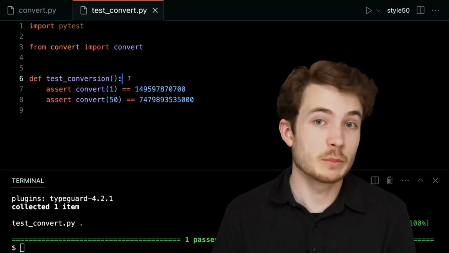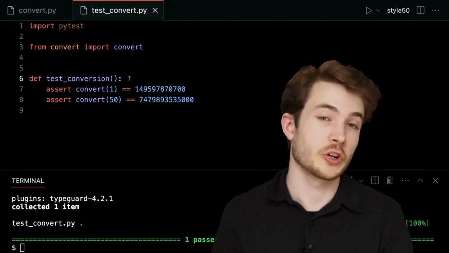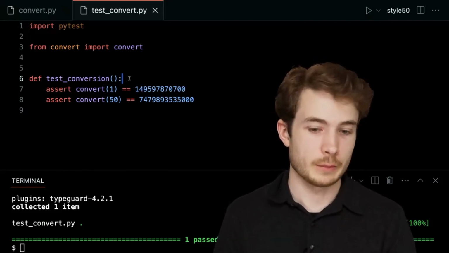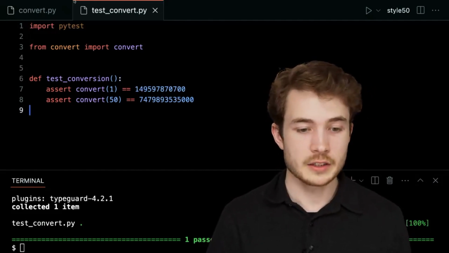Now, we could think of other kinds of scenarios to test. In this case, negative numbers, maybe 0 as well. Things like that are really useful for testing your code here, but more on unit testing in lecture. We'll focus here mostly on Pytest. So here, what else could we do? Well, we've seen that in convert.py,